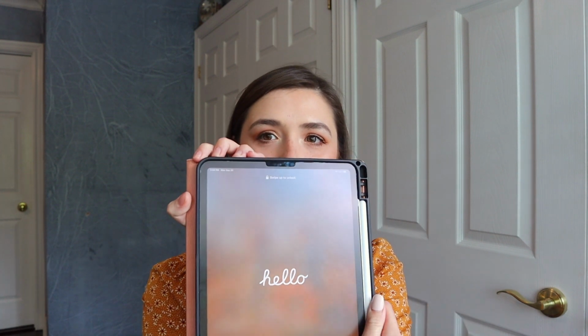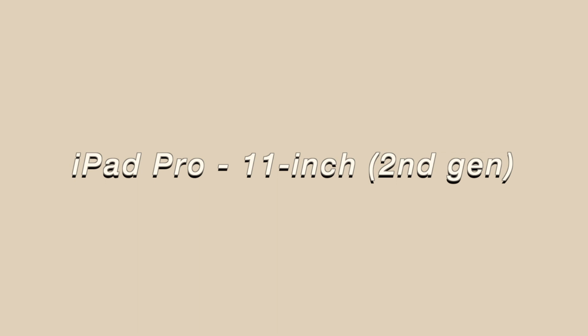So first things first, if you wanna join me and you haven't done this already, I'm updating my iPad as we speak, and I believe it's done. It's saying hello in multiple languages. So I have the iPad Pro. I couldn't tell you what exact one I had. So I'm just logging in. They just released the iPad OS 15. They have not yet come out with the iOS 15. I believe it's coming out in a few hours. Once that's out, I will also update my phone, but starting with the iPad.